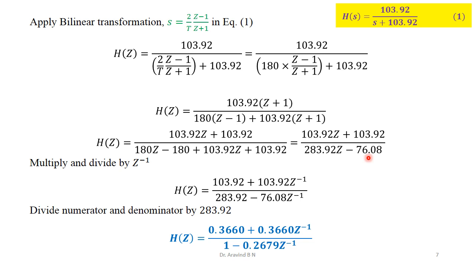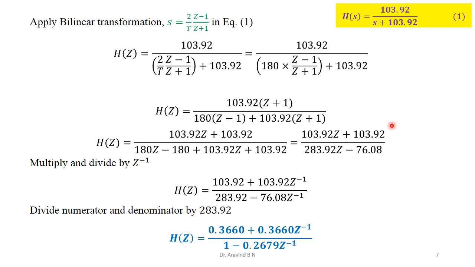The final representation must have the negative powers of z in its answer. Here we have only the positive powers. We must convert this into negative powers of z. For that, in the obtained expression, identify the highest power of z. In this particular case, it is equal to 1. That is z to the power of 1 here and z to the power of 1 here. This is the highest power we have.